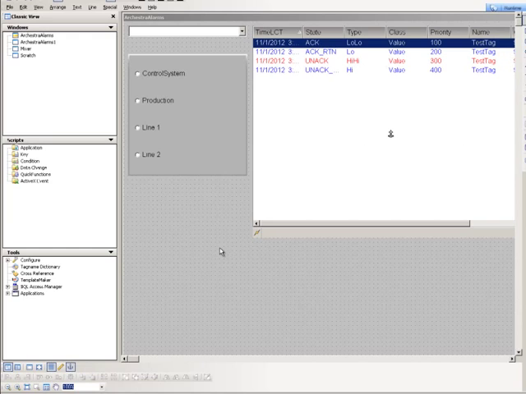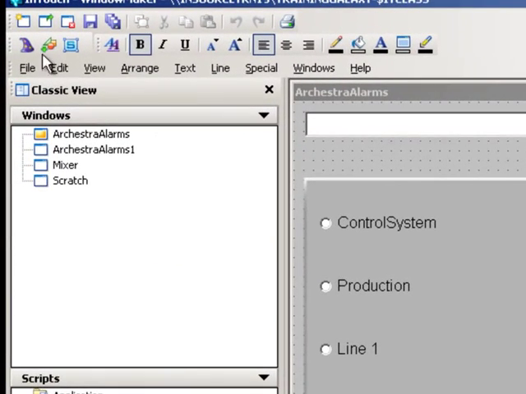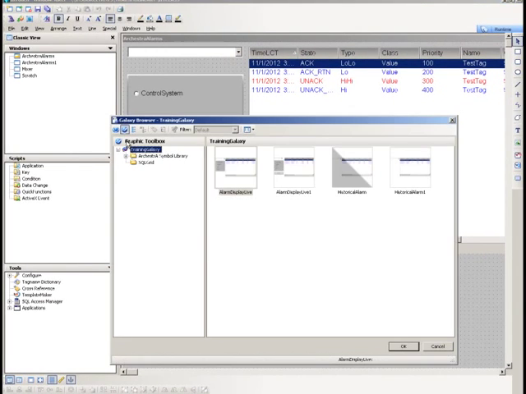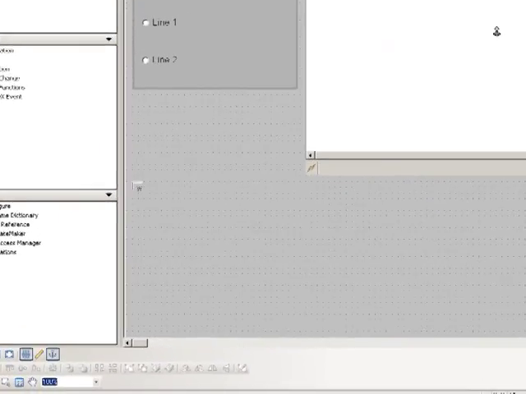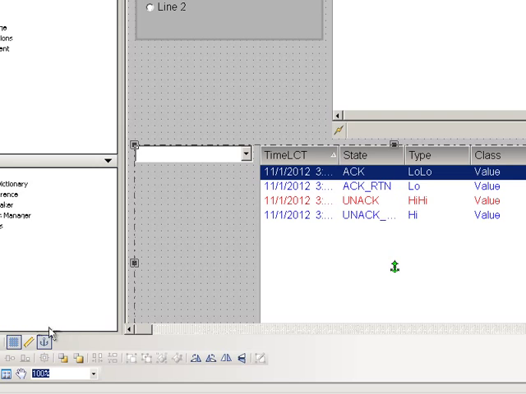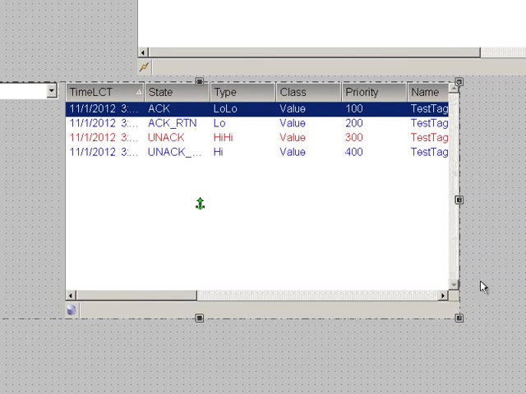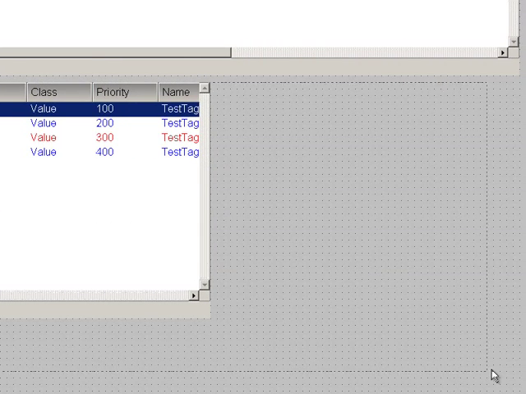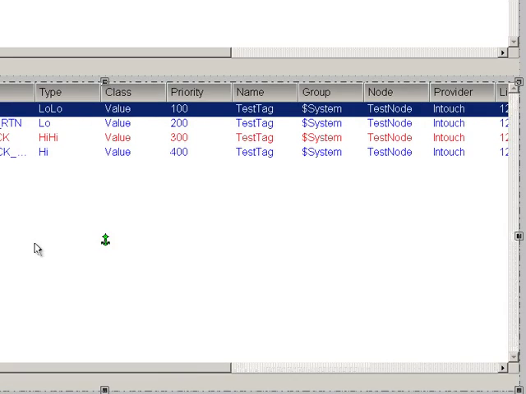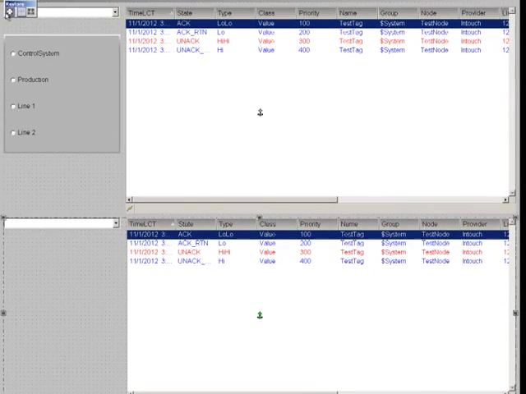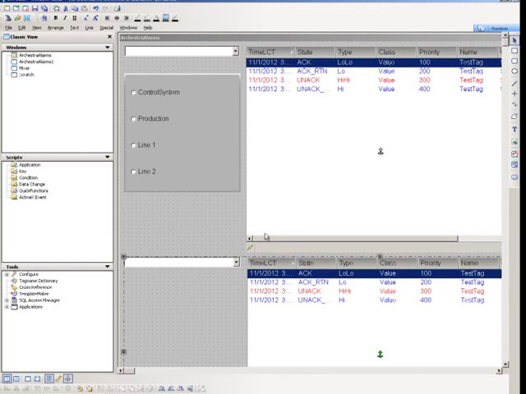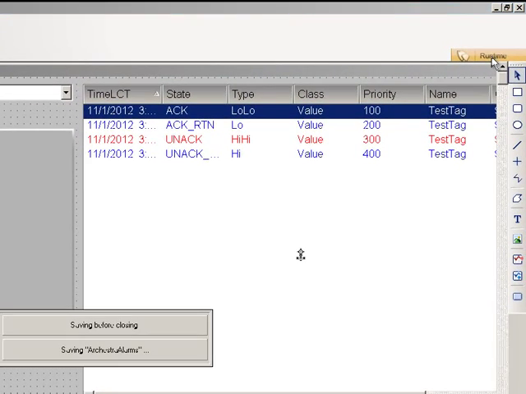I'm now back in InTouch Window Maker, so now I need to embed my second object that I created. So I go to Embed ArchestrA Graphic, and the historical alarm is the second one that I created. So OK that. I drop it on the window, go out to full screen and resize it. Now we're ready to test our historical functionality. Go to Runtime,